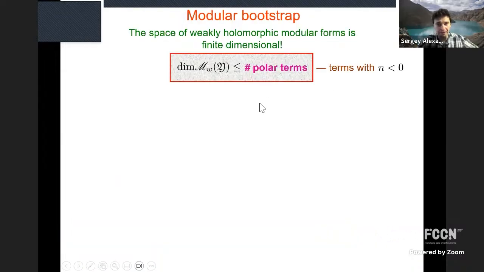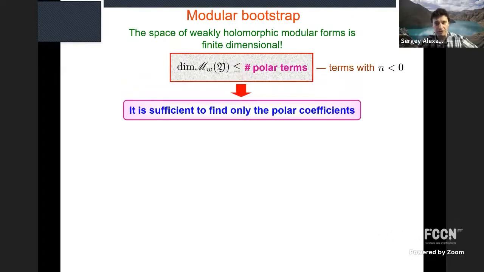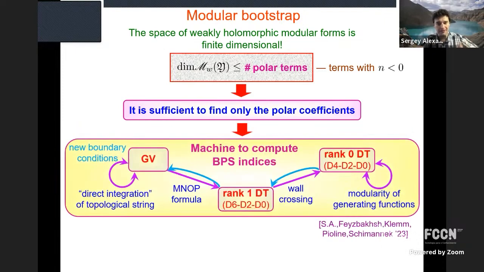This means that if you somehow manage to compute the polar coefficients, then you can restore the full generating function. So if you find a finite number of coefficients, you can get the full function which contains information about infinitely many invariants. And precisely this, we realized this program